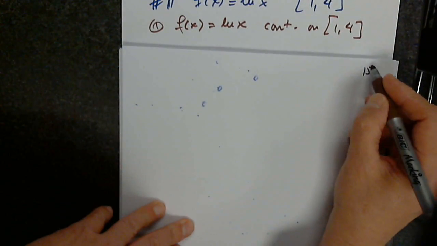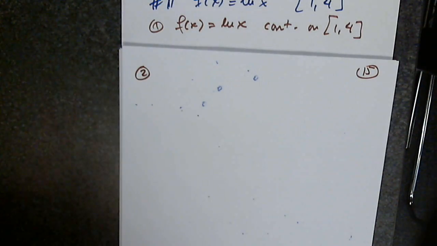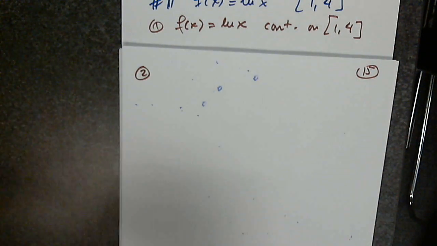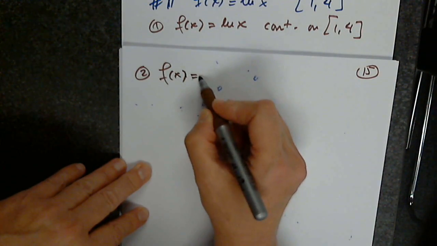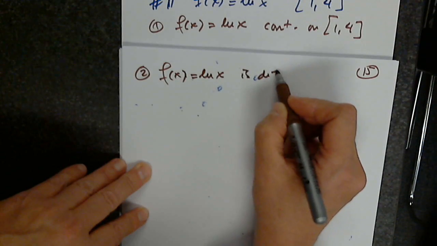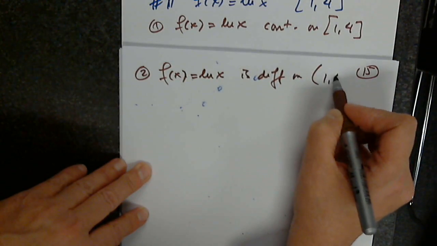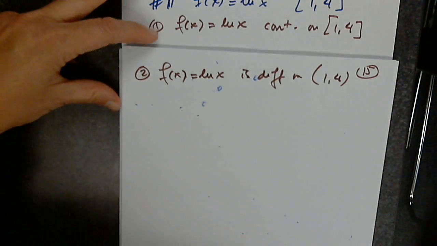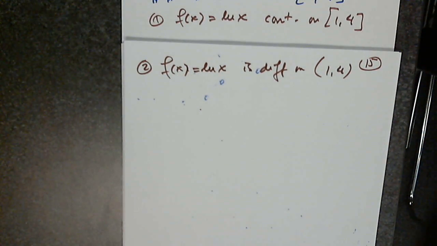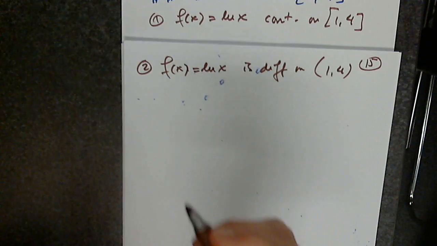Number 2, it's differentiable. Looking at the graph, I know it's differentiable between 1 and 4. f of x equals natural log is differentiable on the interval 1 comma 4. Any function that is continuous and differentiable on an interval will fulfill the mean value theorem. Therefore,